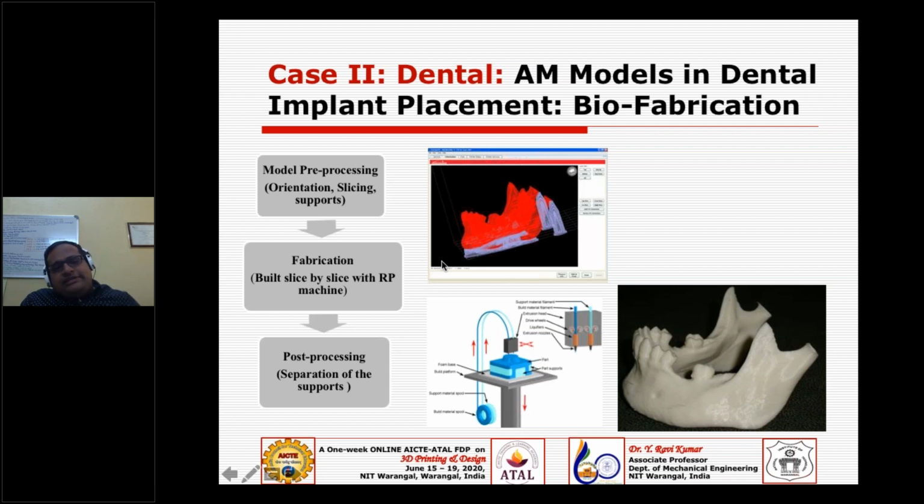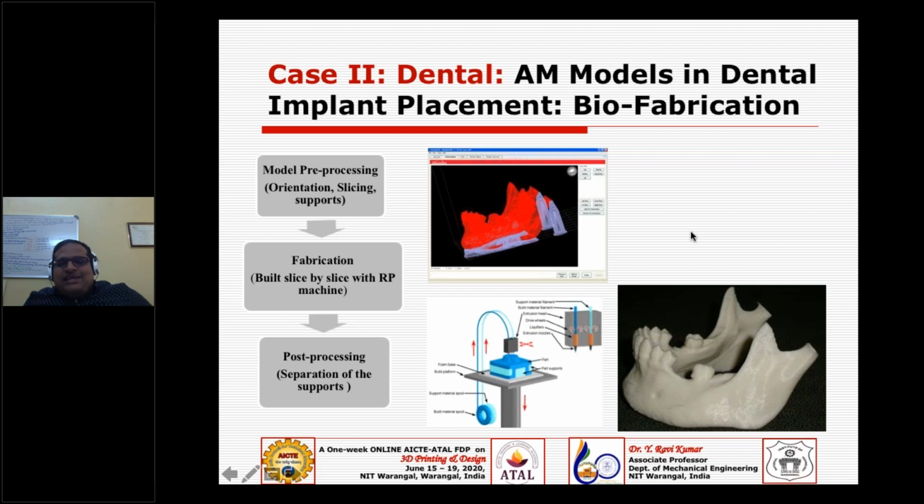We printed this through the FDM Dimension machine, and this is the biomodel, where we can very clearly see the mental foramen here. Of course, being FDM material, you cannot see clearly; it would have been better if it were a transparent material. We can know the nerve position from this condyle portion, where we can see the impression, though not exactly the nerve here.